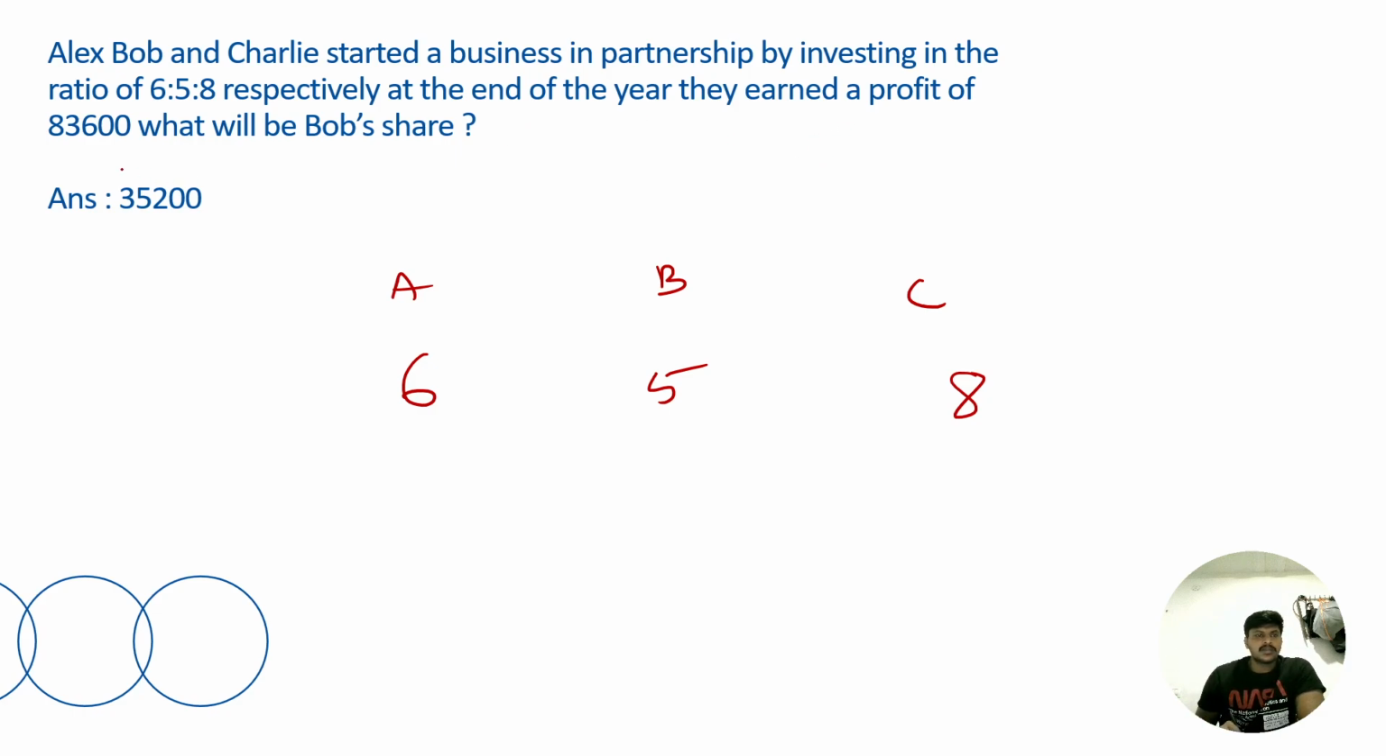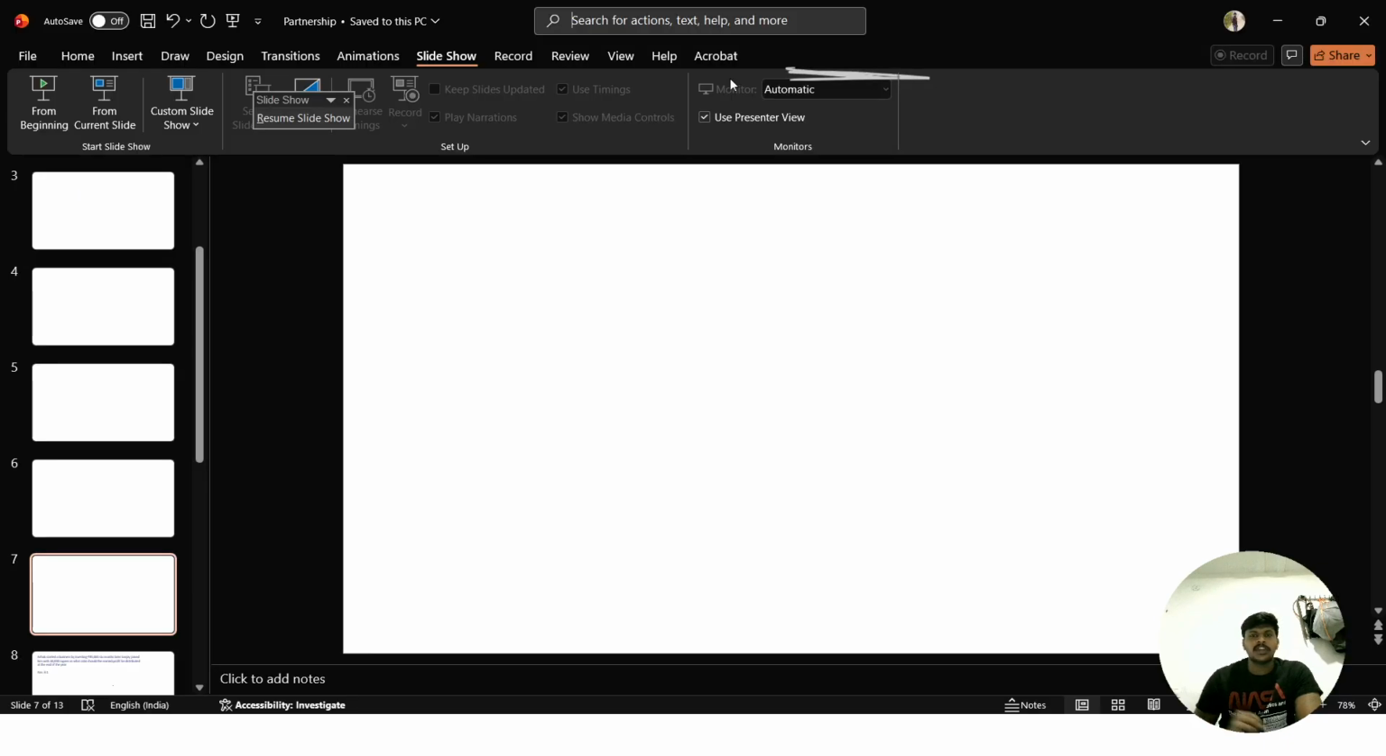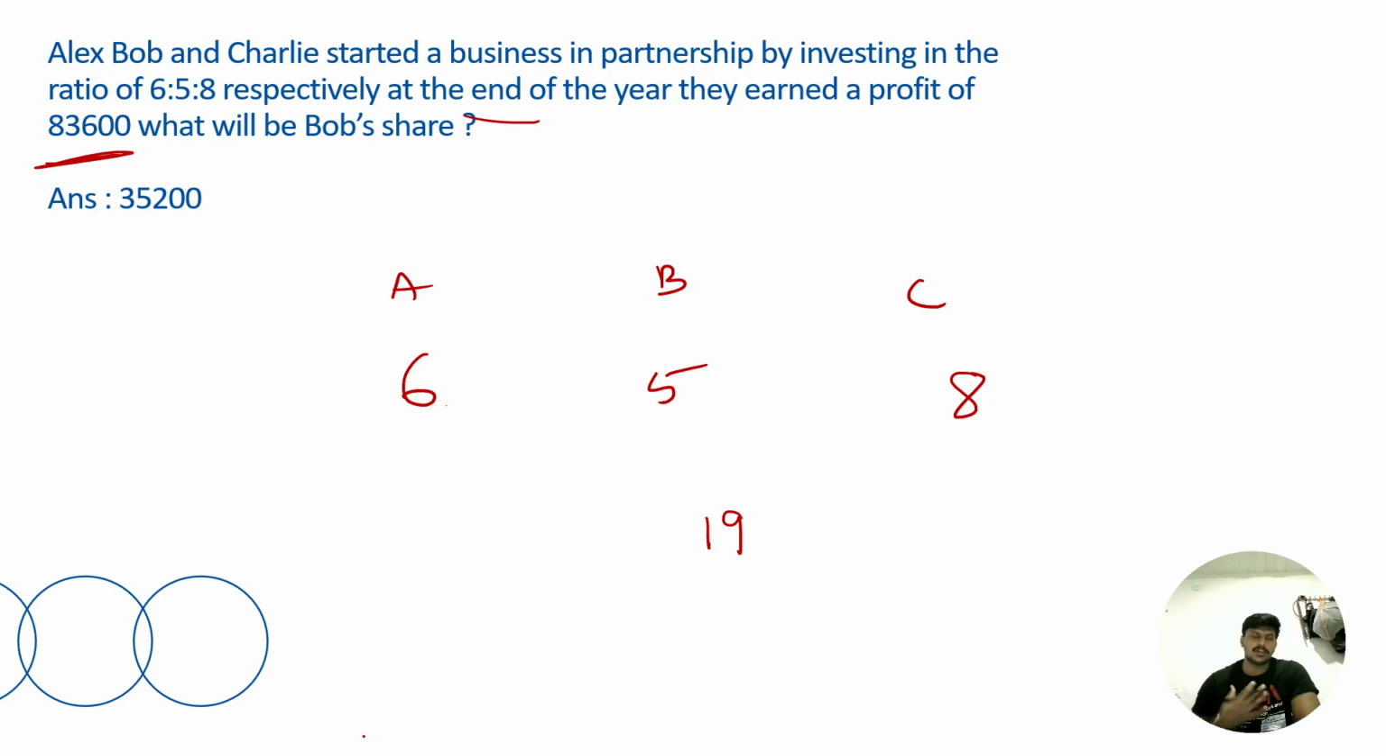Okay. Now you need to find out Bob's share out of this one. See, Alex is 6, 6 plus 5 is 11, 11 plus 8 is 19. So in our case, profit is 19 units: A 6 units, B 5 units, and C 8 units. Listen, the time periods are not changing. That's why I'm directly taking the investment ratio. Investment ratio is going to be our same profit ratio when the time period is constant. So 19 units is the total profit. In our case, this